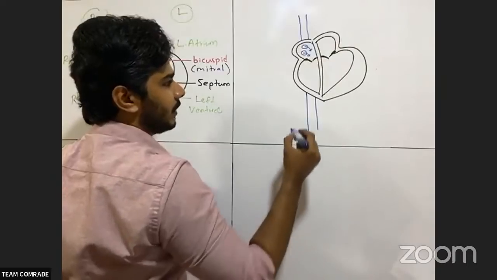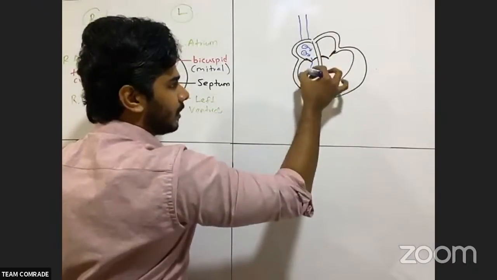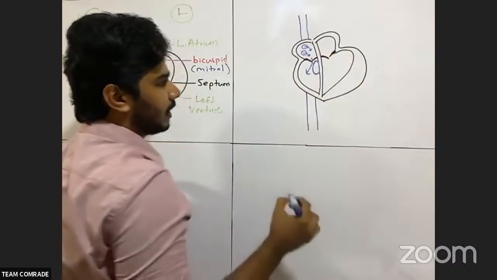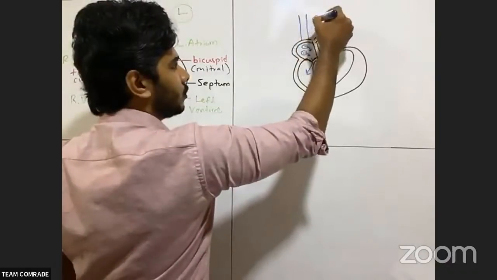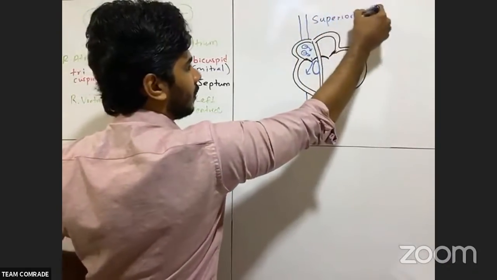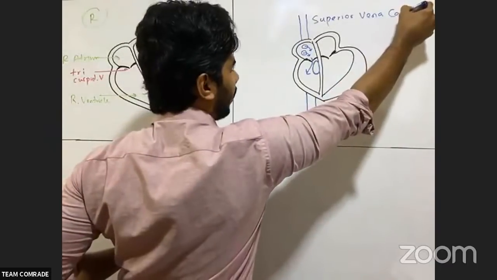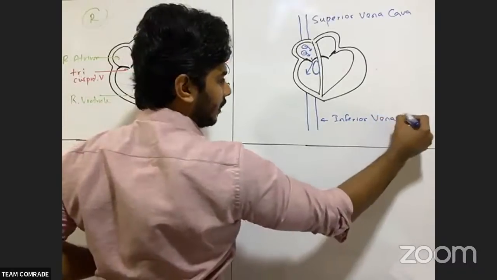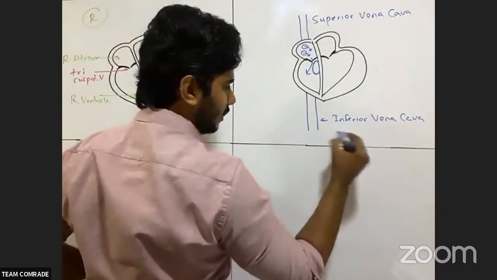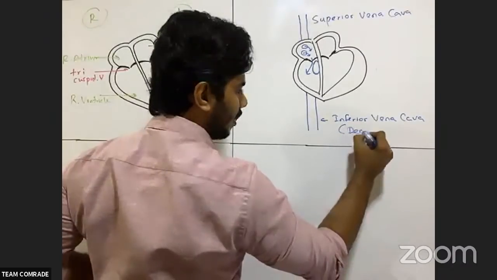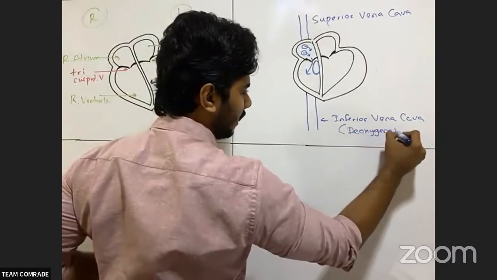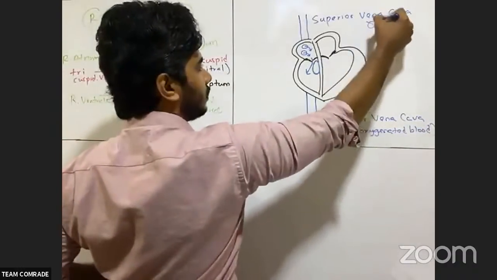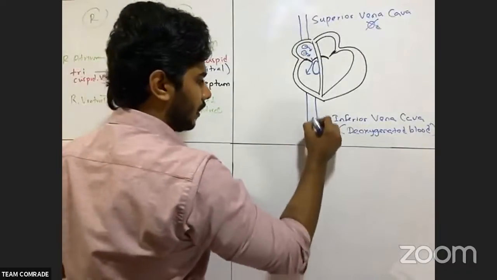And then what's going to happen? In the next step, the blood is coming into here. Then here I can see an opening that we call pulmonary artery. This is what? Superior vena cava. This is inferior vena cava. Okay. This is having what kind of blood? Deoxygenated blood. So no oxygen, or low oxygen, a little amount.